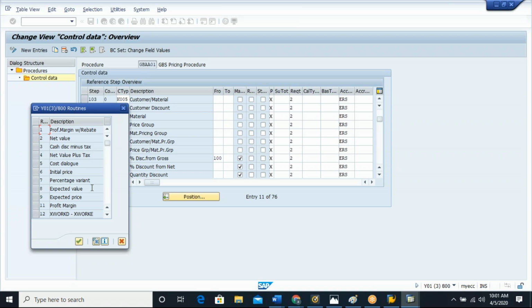So for example, when you are calculating any condition type and you want to consider cash discount minus tax, then you can use this routine. This is a routine. And if you want to consider net value plus tax, if you go here,